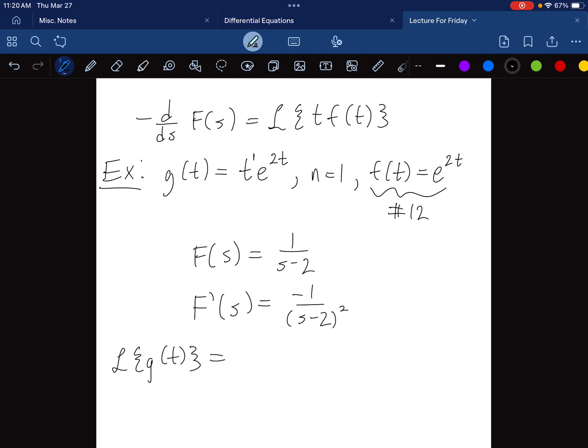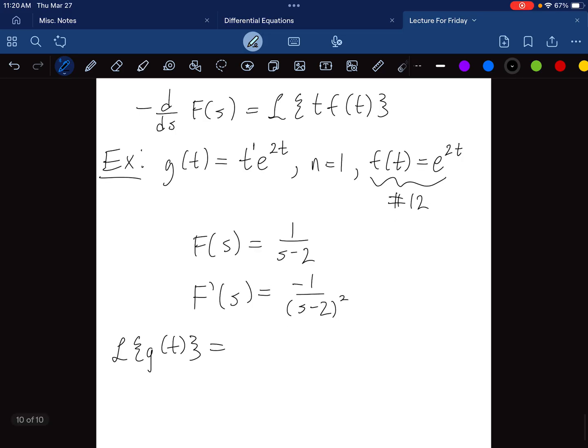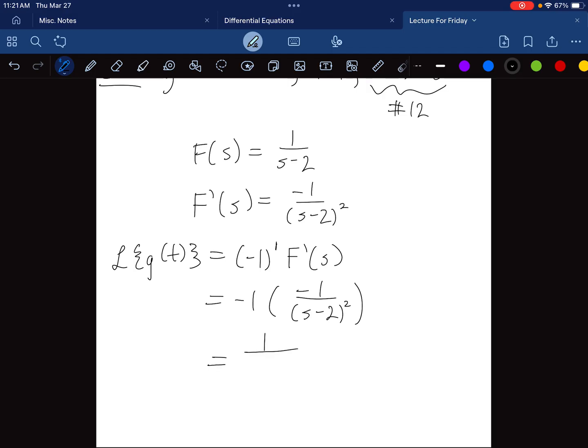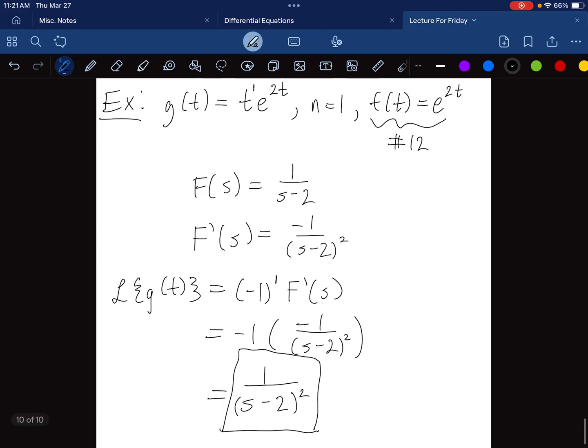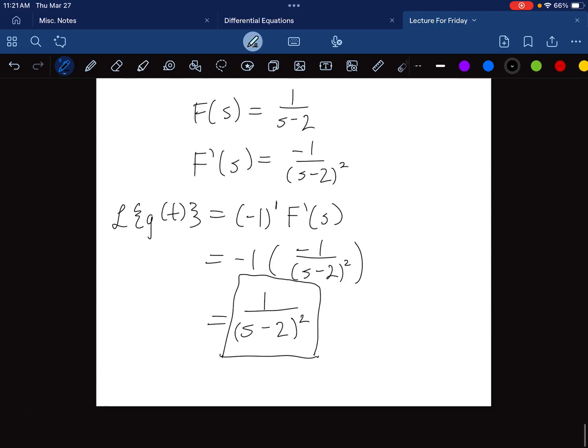This is just going to equal negative 1 to the first power times capital F prime of s. And this is just going to be negative 1 times negative 1 over s minus 2 squared, right? And then this simplifies to just 1 over s minus 2 squared. So now we can take the Laplace transforms of t times some function of a function that we know